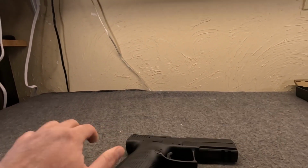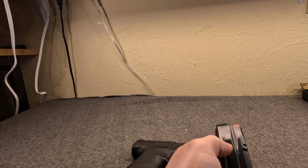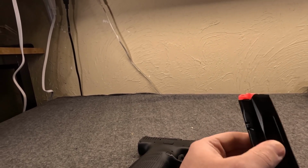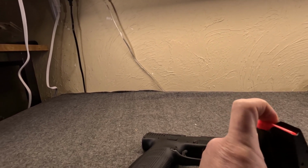Yeah. I like the mags, that they're actually metal body. Personal preference, you might like polymer mags, that's cool. I still prefer metal body mags. I like that they have sand cuts in the sides, witness holes, and